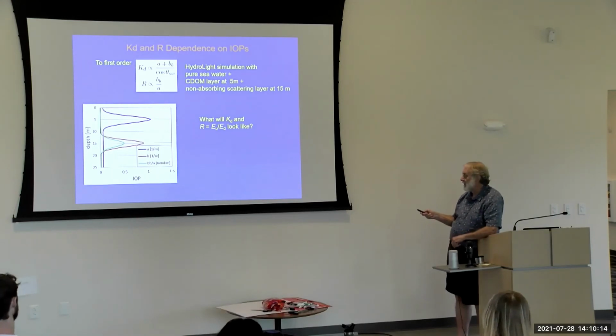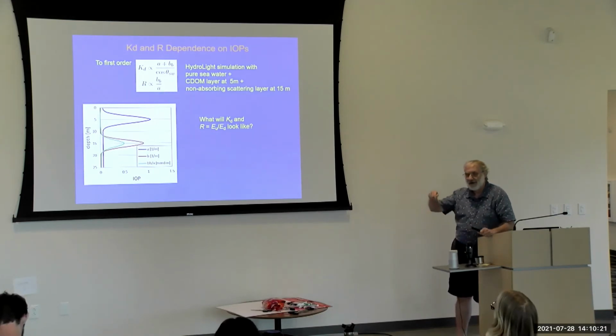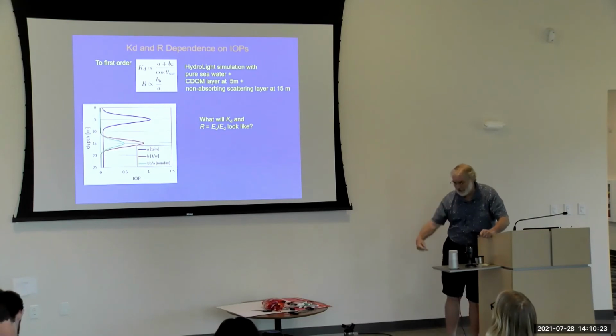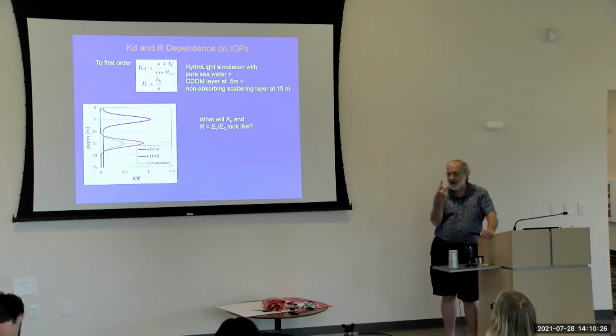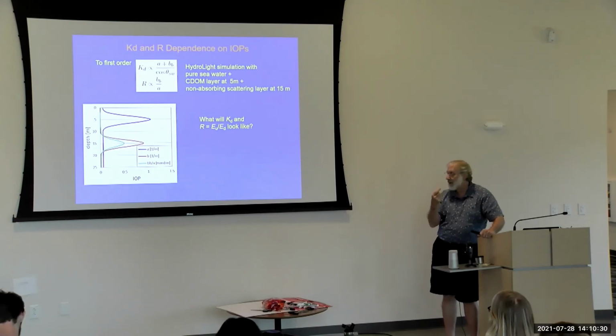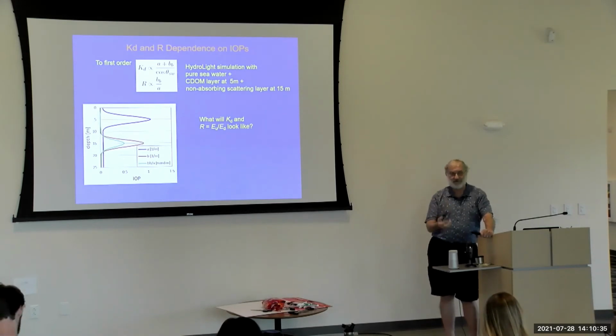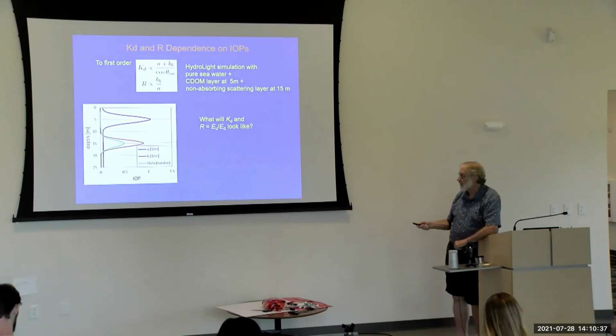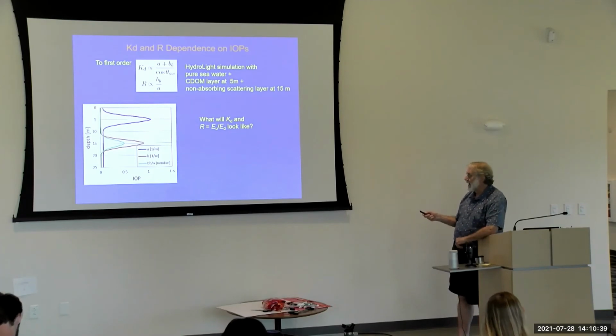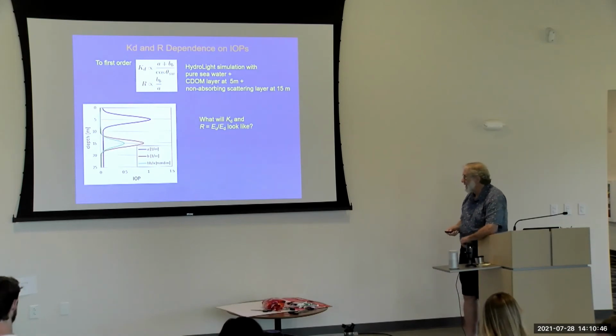The reflectance, on the other hand, is proportional to b_b over a. And that makes sense because I'm looking at a reflectance, so the stronger the backscattering light is, the more is going to come back upward, and that's going to be my E_U. But the stronger the absorption is, the less light's going to get reflected upward. So you can just reason that higher backscattering and lower absorption will give you a higher reflectance. Okay, so